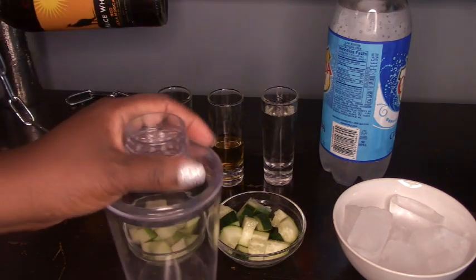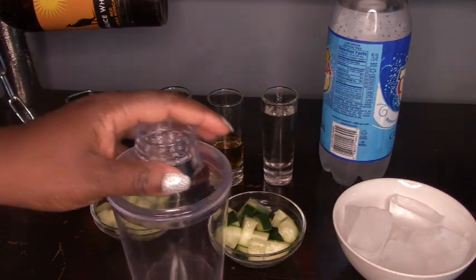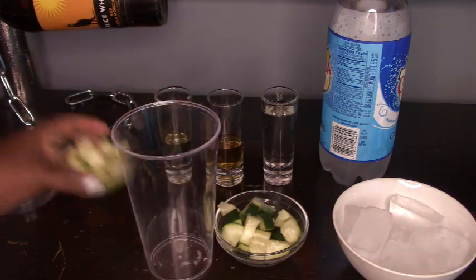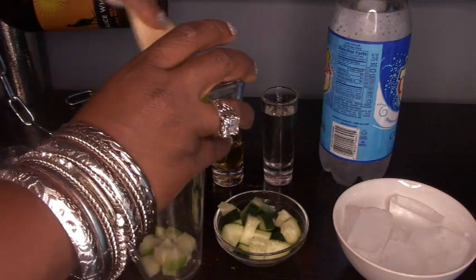So I'm going to take my mixing cup, which right now is just a clear cocktail shaker. I have a bunch of these. And we're just going to go ahead and dump in some apples. I'm not even sure how much. I'm just going to wing it. Put in a few of these apples,